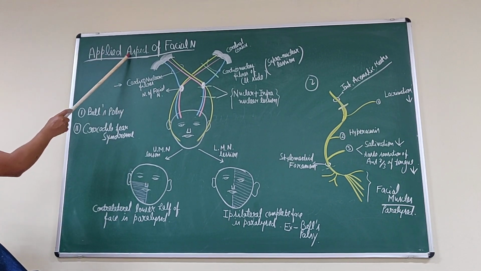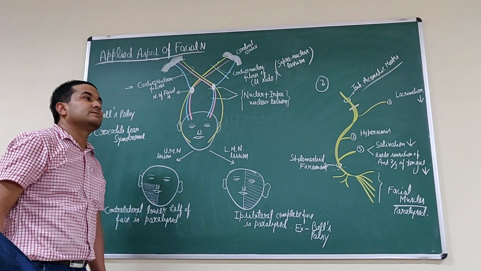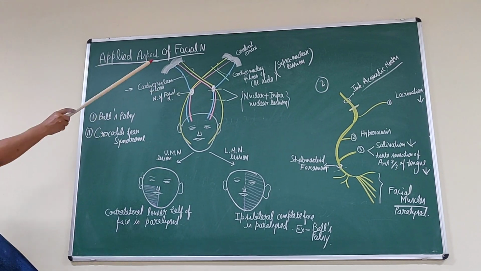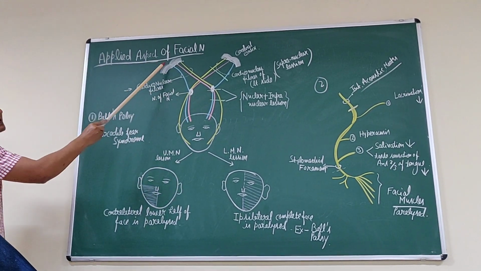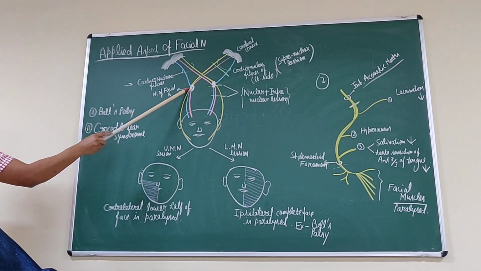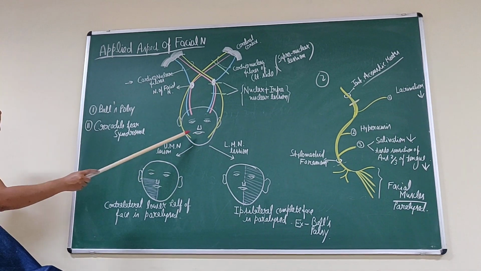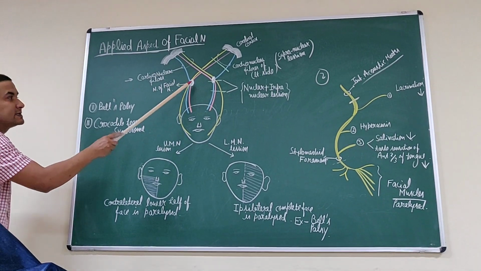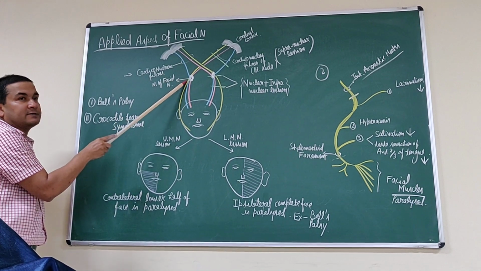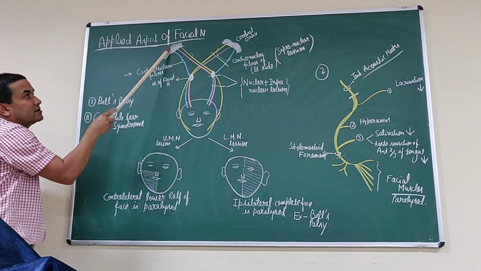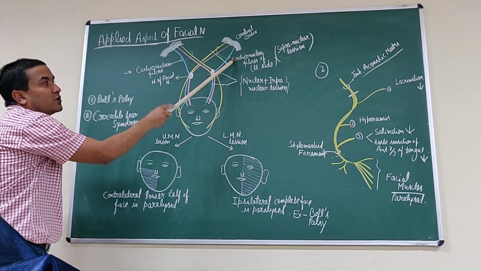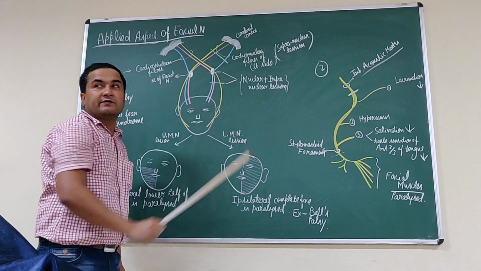Now the applied aspect of the facial nerve. Before starting its effect, in this diagram, this is the cerebral cortex. This is the motor nucleus of the facial nerve and the face. We see in this diagram, each motor nucleus of the facial nerve is connected with the two cerebral cortex. The fibers that are known as the corticonuclear fibers